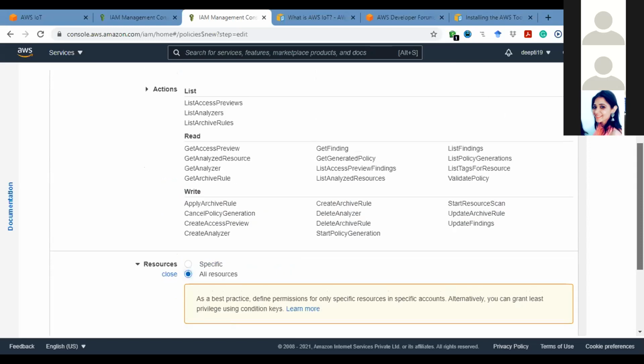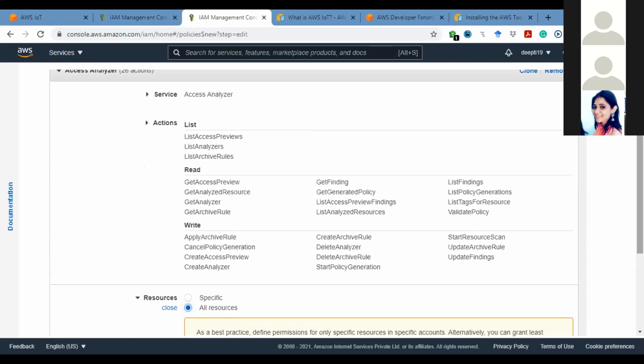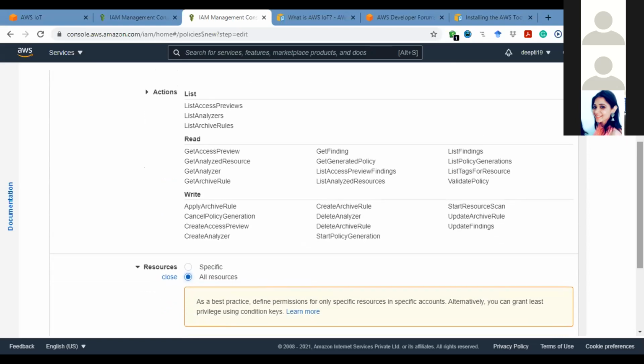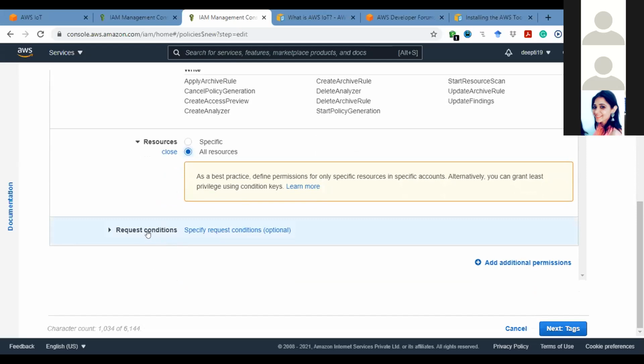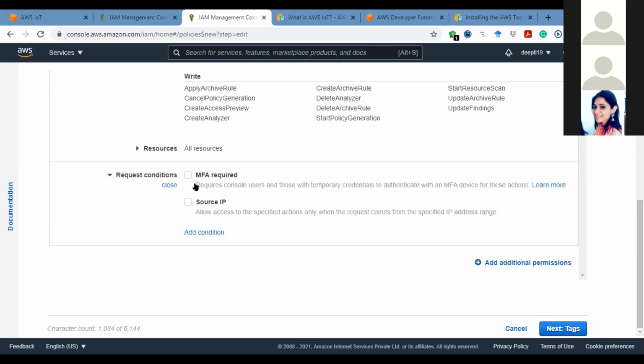When you select this list, read and write, they have given you this much access. You can see the list, you can analyze the list, you can write some operations, you can read the policy. These are the operations you can do here. Now scroll down to request condition. You can add a source IP there,